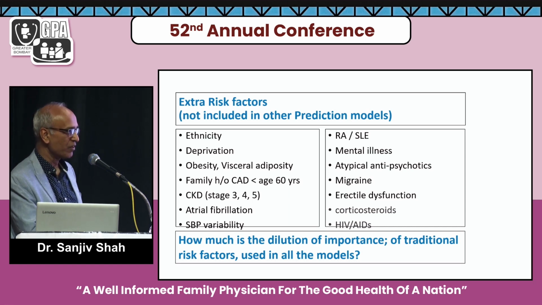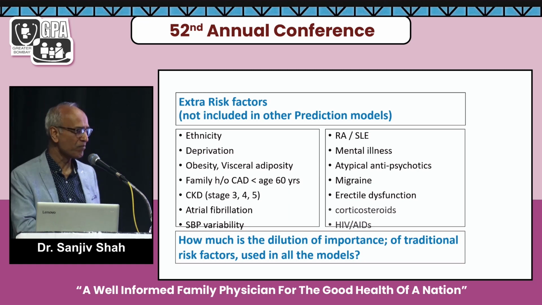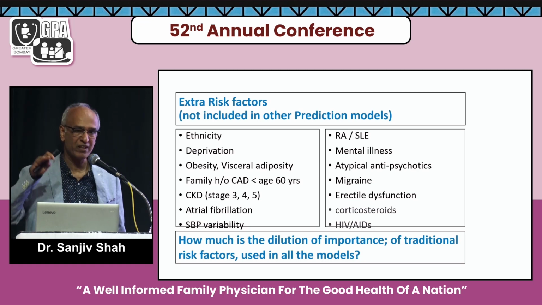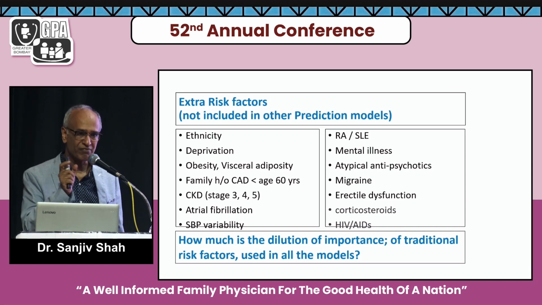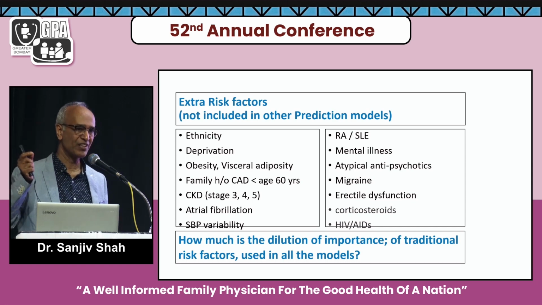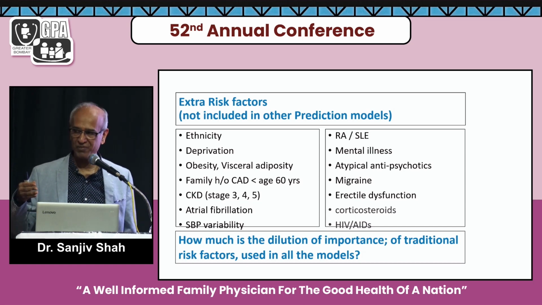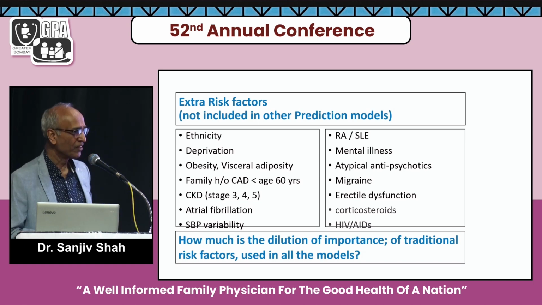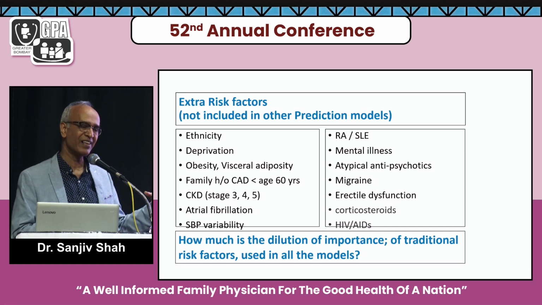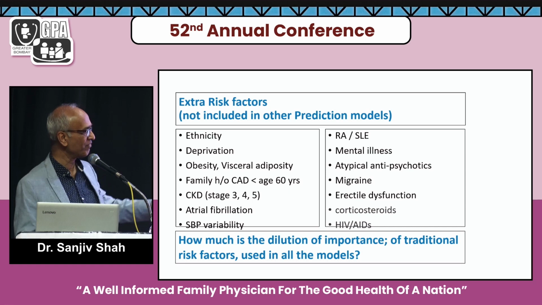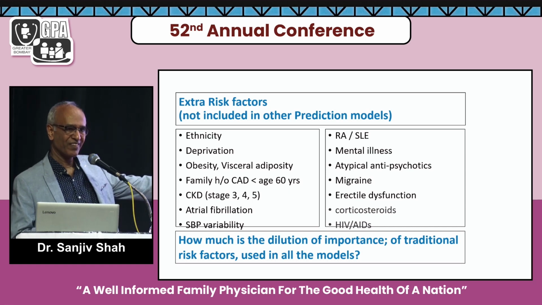Ethnicity, deprivation, social issue, obesity, CKD, atrial fibrillation. Very important is systolic blood pressure variability. This variability is a new emergent phenomenon: glycemic variability, pulse variability, and systolic BP variability. So science is getting refined, and future papers based on artificial intelligence will give you all this, everything, in the